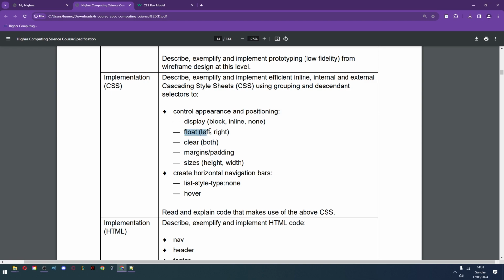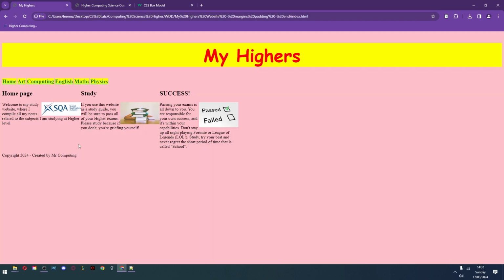Last time we looked at float and clear. Today we're looking at margins and padding, and we'll take a very quick look at sizes as well. Last time we used float to make these section elements go side by side, so they're all floating to the left, and we also floated the images to the right so that the text can wrap around it. We used clear to reset the float so that this footer did not appear to the side of these elements,